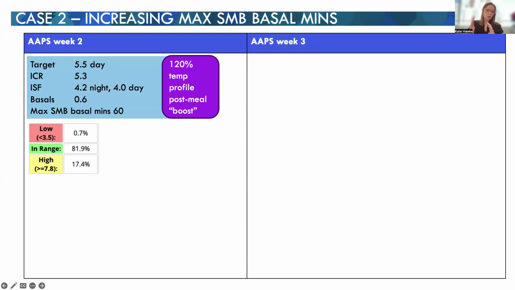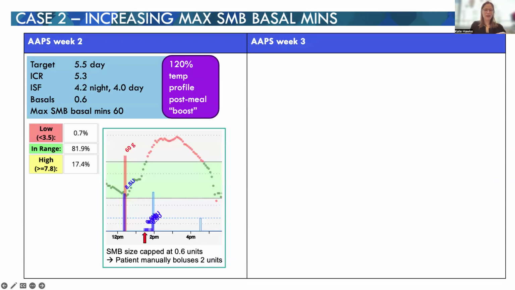But despite doing all of that great stuff, the 120% post-meal boost, having settings configured as they are, I'm still occasionally seeing a meal that looks like this. So this is a restaurant meal, and so carb count uncertain, timing uncertain, does a 60-gram entry, fine. But what we see from the system is that as soon as it clocks that we're having this dramatic upstroke